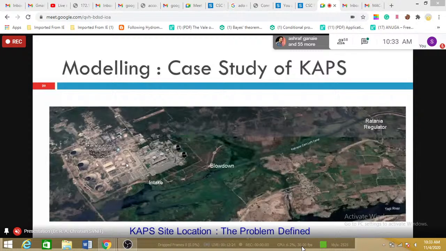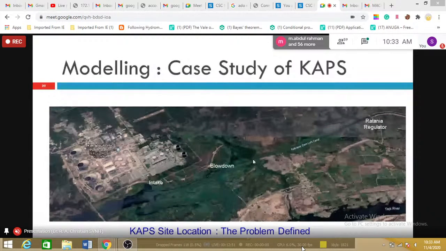Now, the power station takes the water for producing electricity, and after taking the water, it generates radioactive waste, and in a controlled way, the radioactive waste has to be discharged as liquid waste in